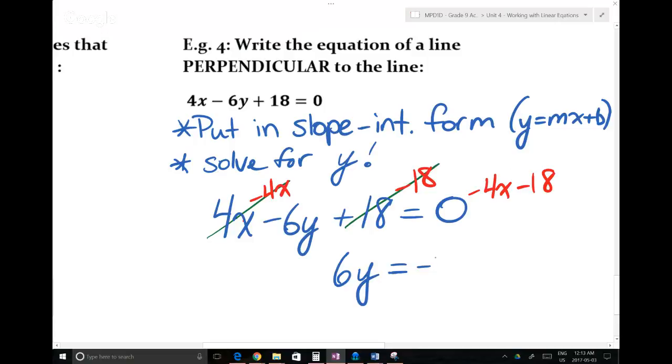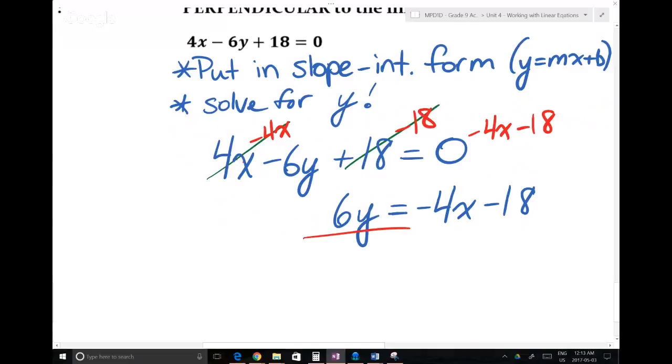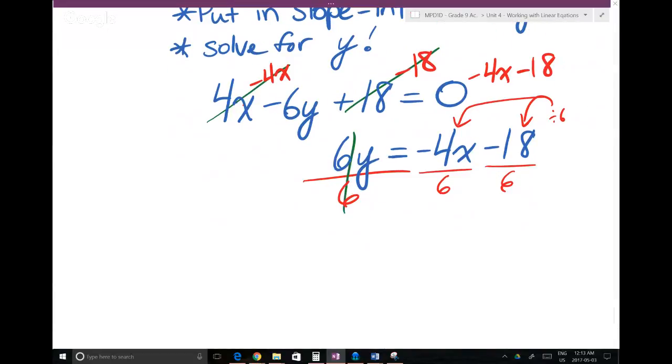6y equals negative 4x minus 18. Same as folks, you're exactly right. And now Lane Delta is just champing at the bit to let me know that I need to divide this side by 6. And he is remembering that dividing by 6, that's distributive, right? That applies to the 18, but it also applies to the negative 4x. You have to distribute it. So that gets divided by 6, and that gets divided by 6. Those 6's cancel,